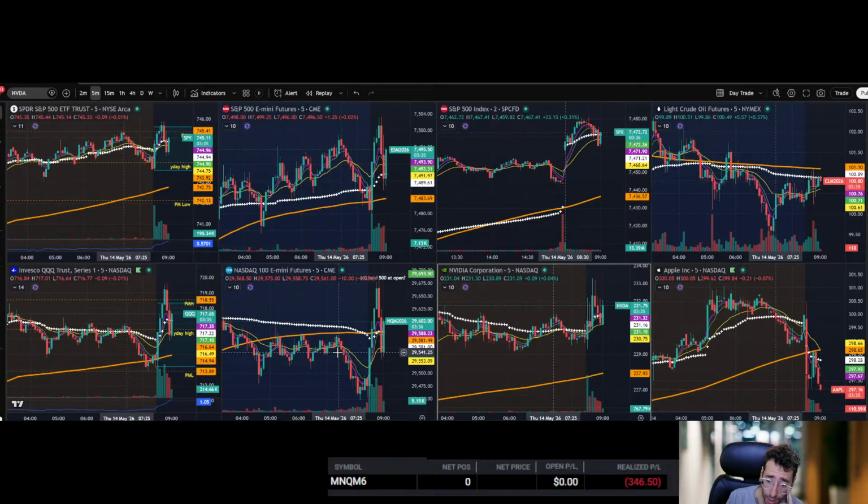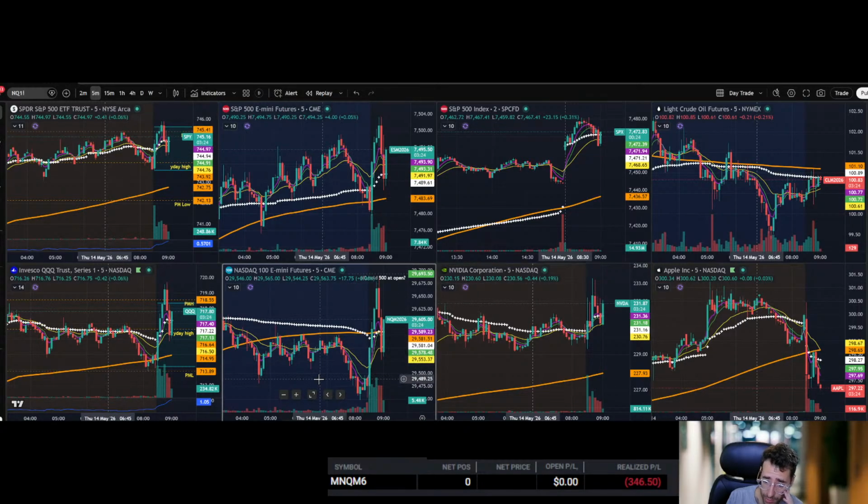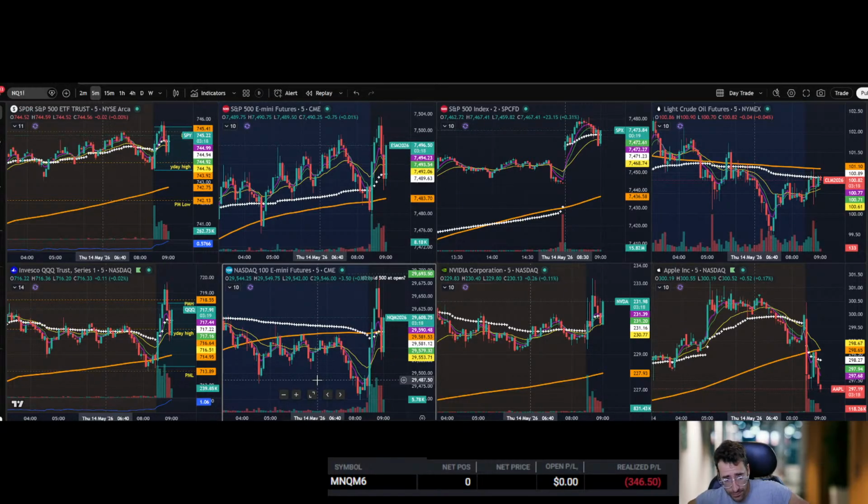I have to keep my size smaller the next trade that I take because my max limit on the day is 650 bucks, and I'm at 350. So I've got about 300 more bucks before it's 1,000% calling it a day. I don't like to hit my max loss though. I don't like that to be the way I stop my day. So if nothing else comes up, nothing else comes up. It's not clean. It's moving a lot, but it's just not clean the way it's moving.